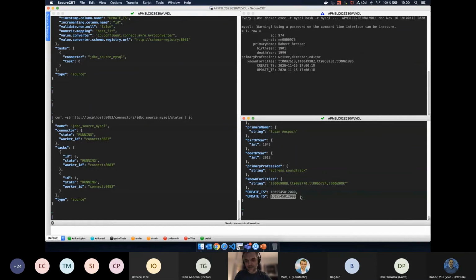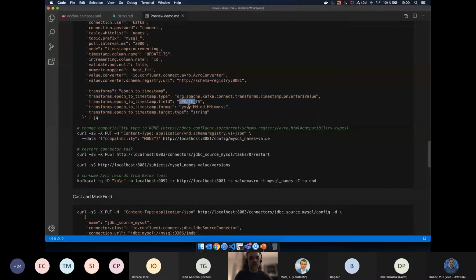Here it is, which is stored as, I think, a large integer. And we want to change that timestamp into a friendlier form and store it as a string.